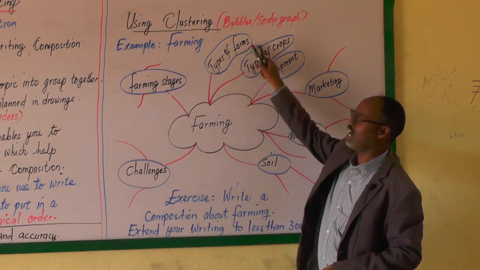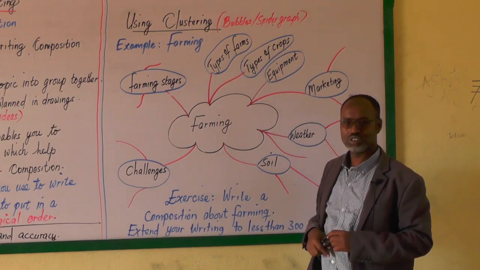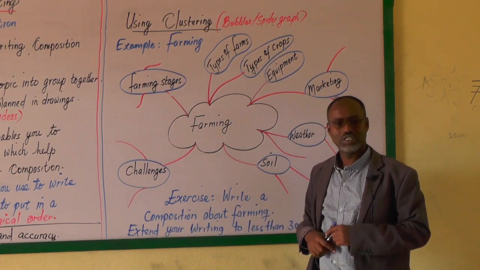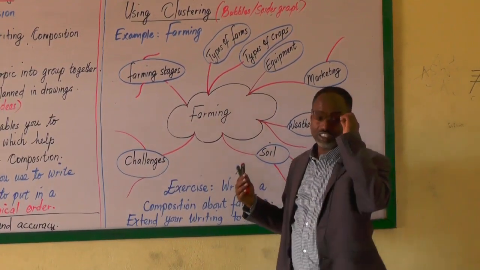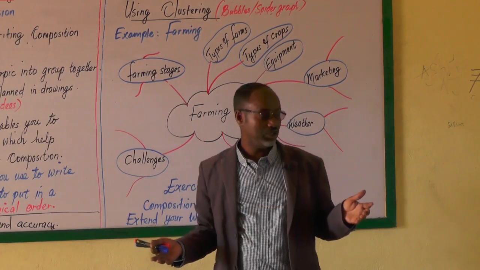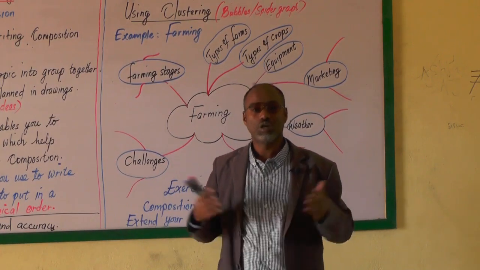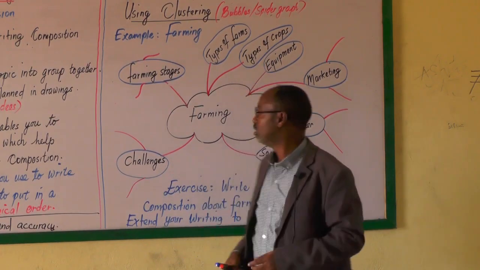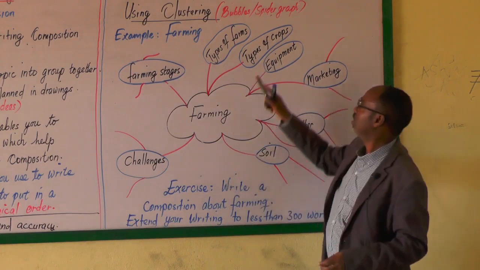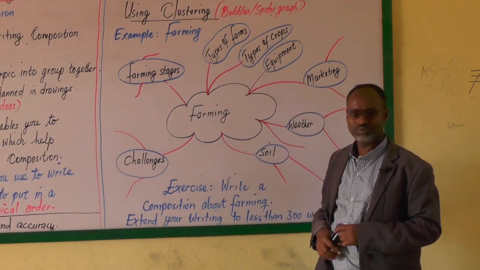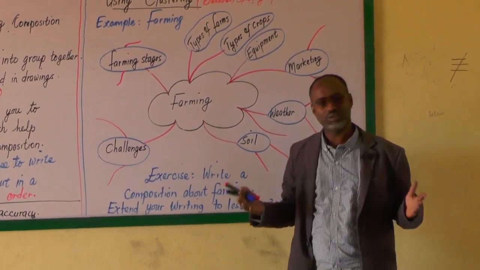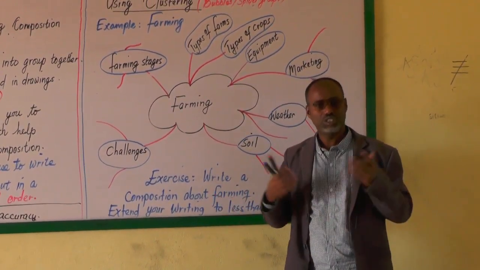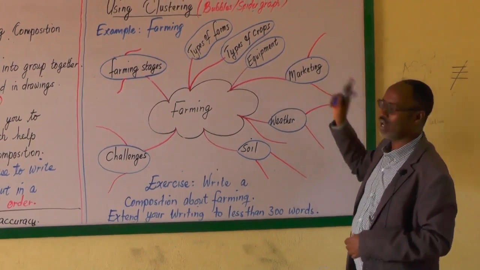Also types of farms. What types of farms are practiced here in your country, or what you have been asked in your paper? Types of crops, different types of crops, the equipment or the machinery which is used, marketing,